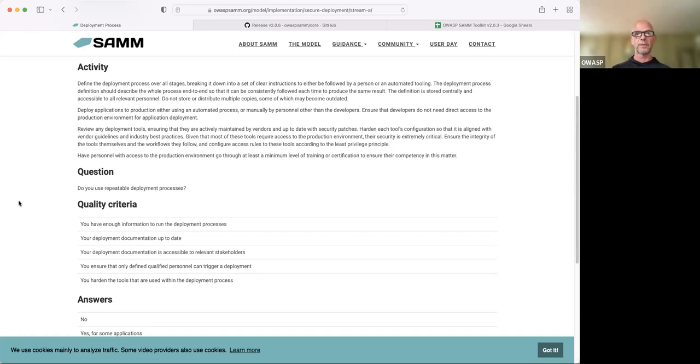That necessitates that documentation for that process is up to date. As I said, it's accessible to relevant stakeholders. Access control: we want to ensure that only defined and qualified personnel can trigger a deployment. So separation of duties there is kind of important, depending on the organization that you're in and regulatory requirements and compliance requirements. This may be a necessity and is the case, but in other orgs, that may